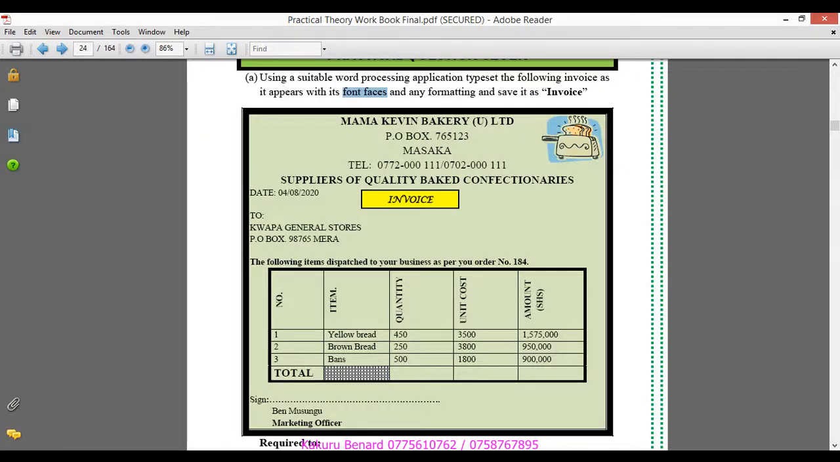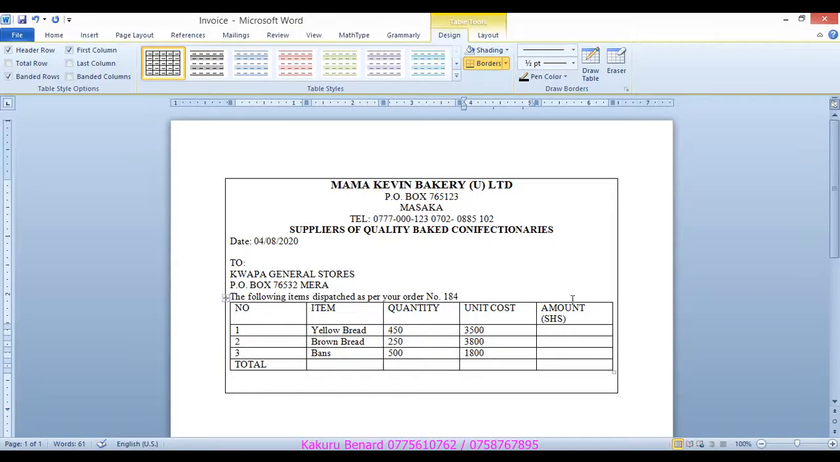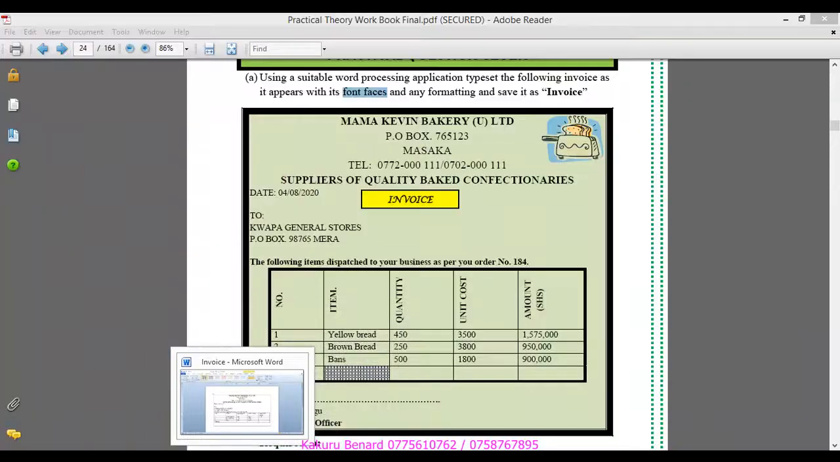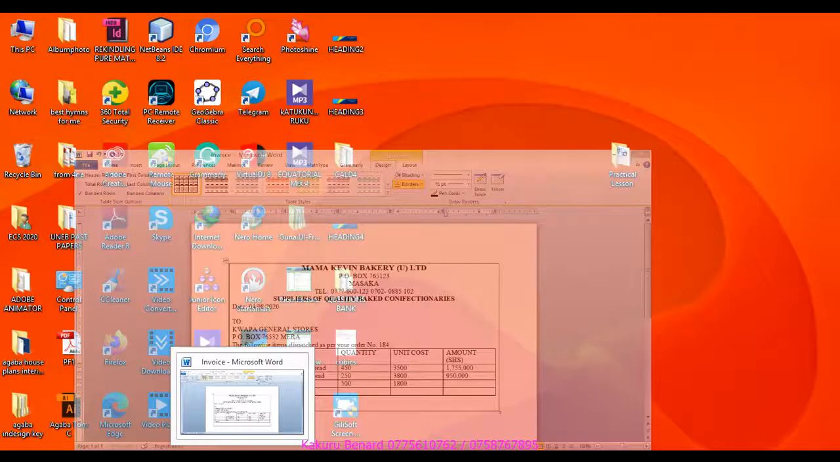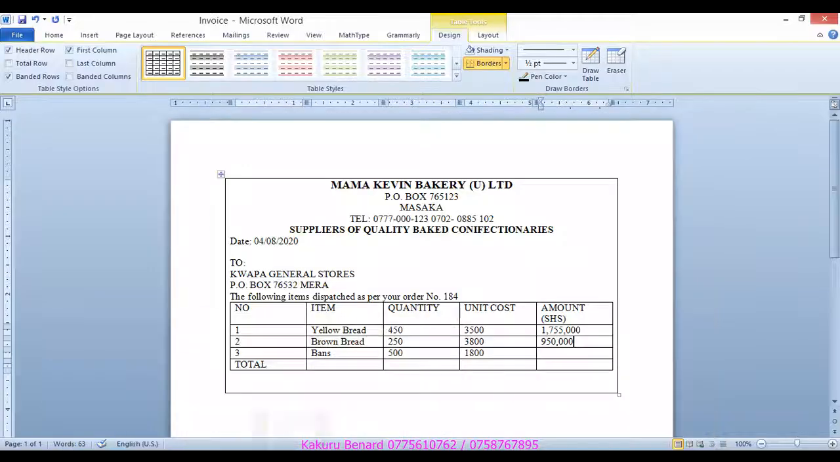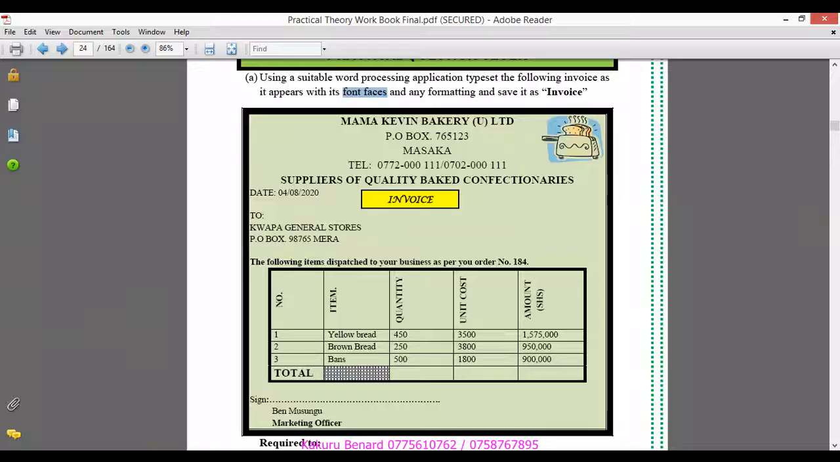Next is the amount. And then for brown bread is 950,000. Then for this one is 900. Next,